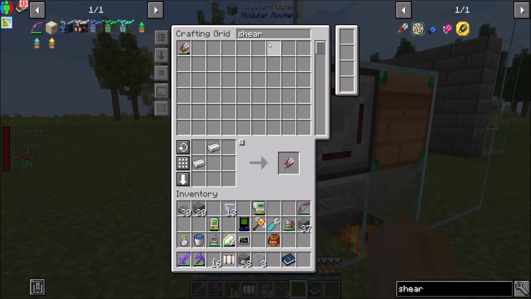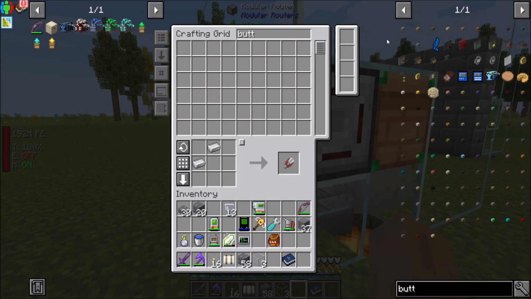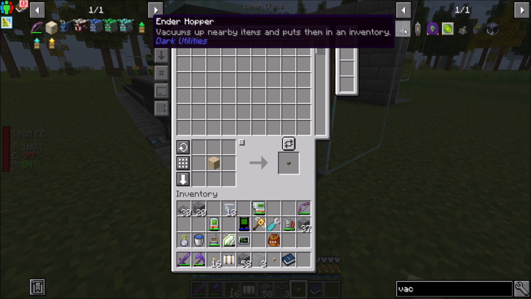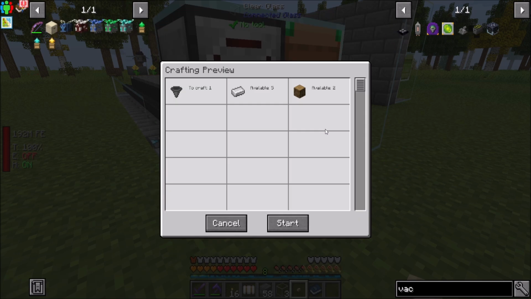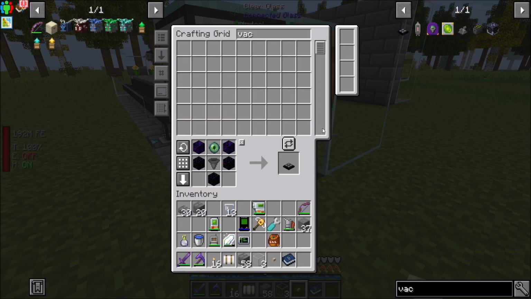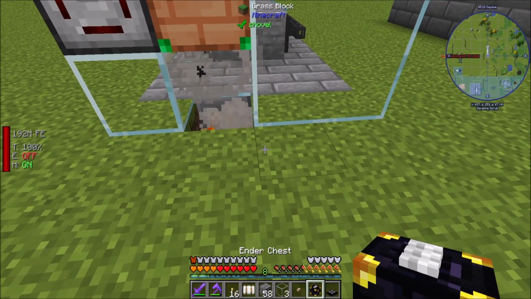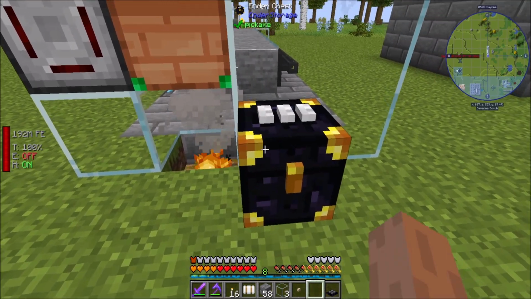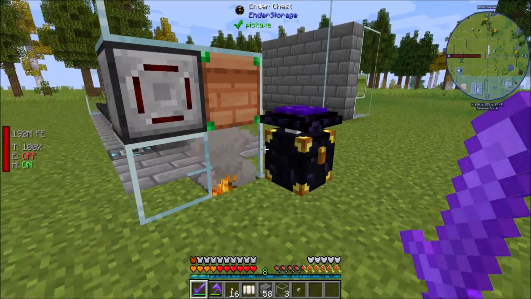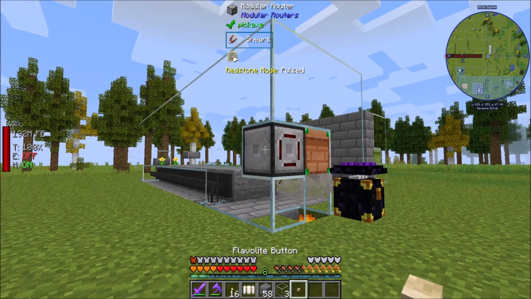Now, in theory, when I have a button module ready to go, we should have some kind of vacuum thingy. Vacuumulator, Ender Hopper, which one of these two should we do? Maybe an Ender Hopper from Dark Utilities. Have we done that yet? All right, so let's plop an ender chest with an ender hopper, right? And it'll just vacuum up any items nearby, so that if I give you a redstone pulse...